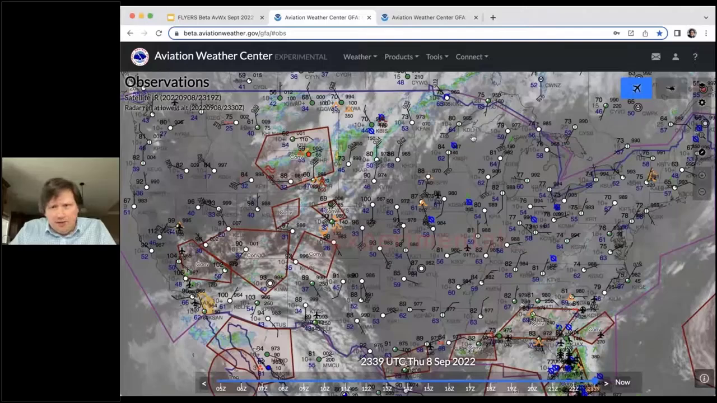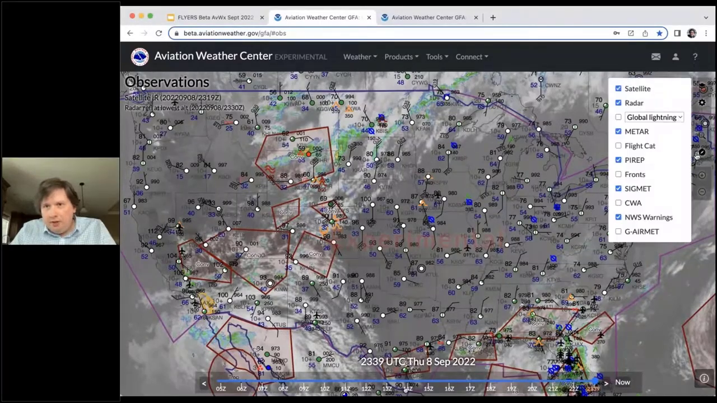Now, as I mentioned, the observation tab is a little bit busy. So one of the key things here in the upper right, we've got various tools. The first one is to be able to select layers being displayed. And so we try to keep these pretty reasonable defaults that are useful for everyone, but there are additional features,